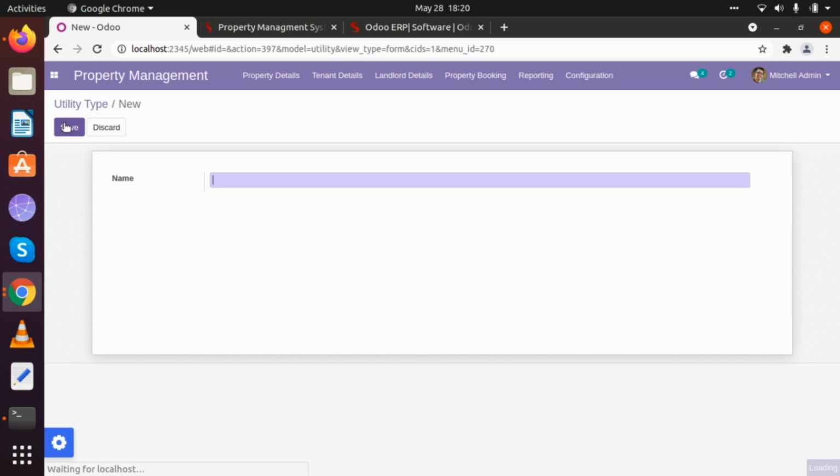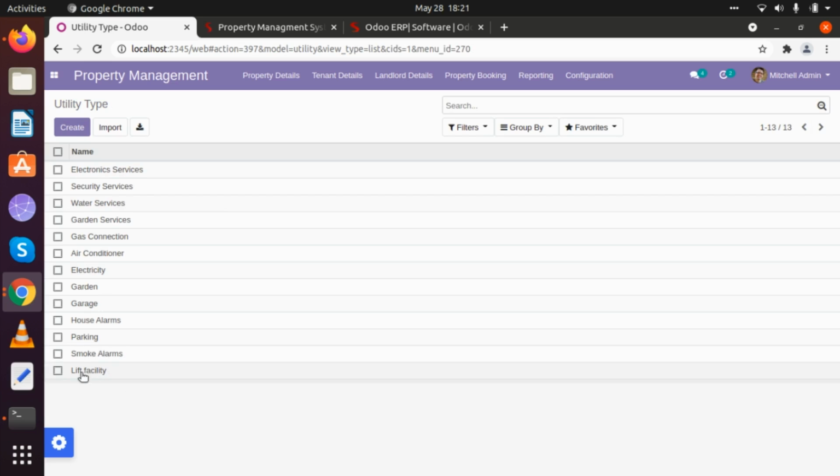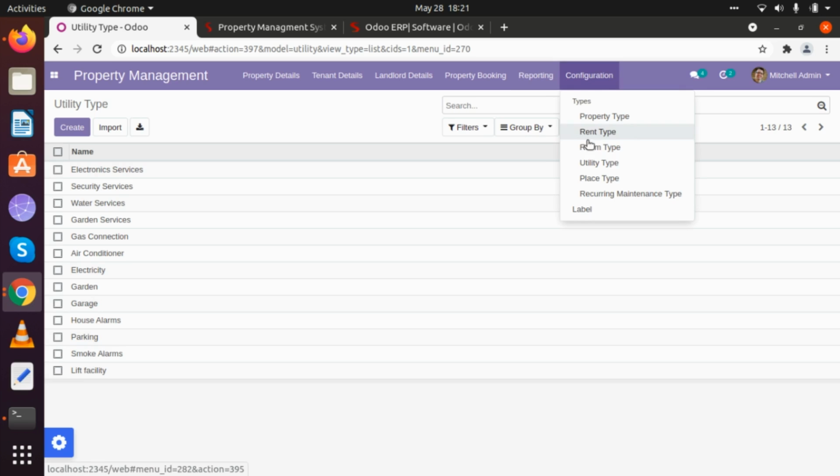When we want to create a particular utility, let's say I want to create a lift facility, that will be directly added here as a utility. Here we have added electronic service, security service, water service, air conditioner, electricity, garden, parking, and smoke alarms. Every one of them is a utility type.